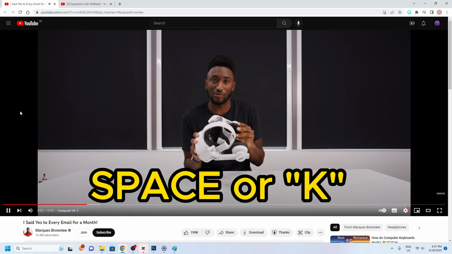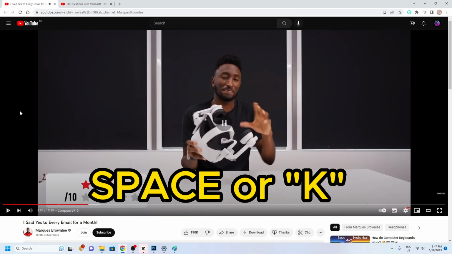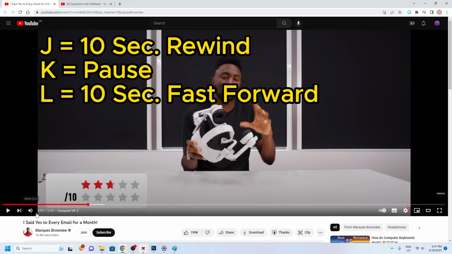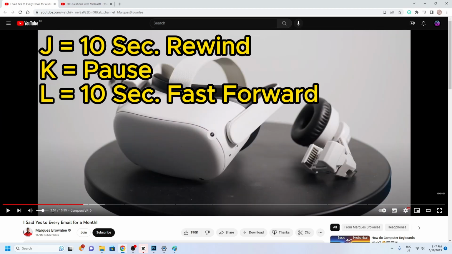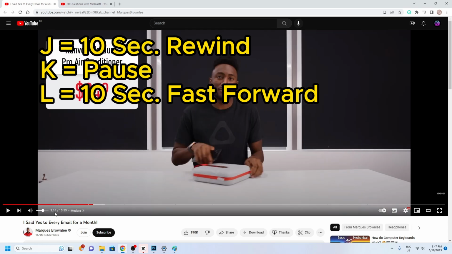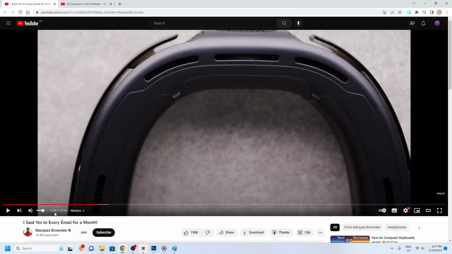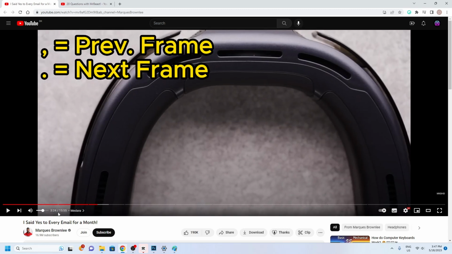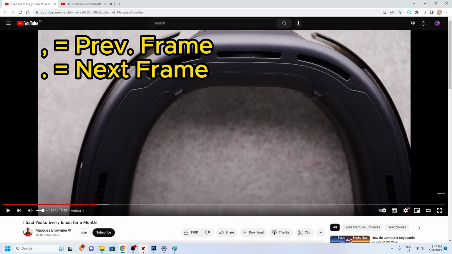First of all, to pause and unpause the video, you can use either space or the letter K. Use the letter J to rewind 10 seconds, and the letter L to fast forward by 10 seconds. With the video paused, you can skip between each individual frame with comma for the previous frame and full stop for